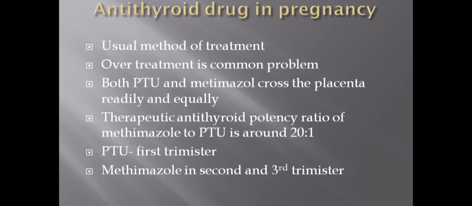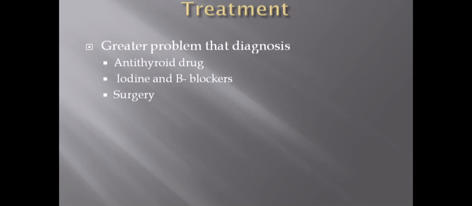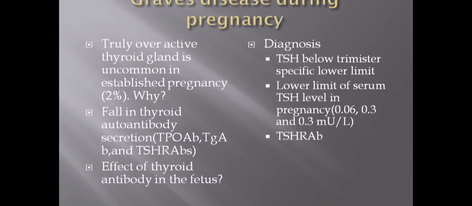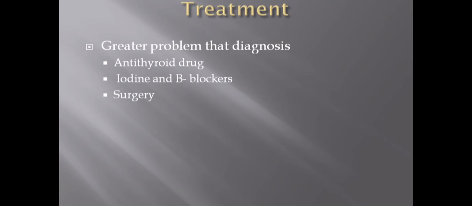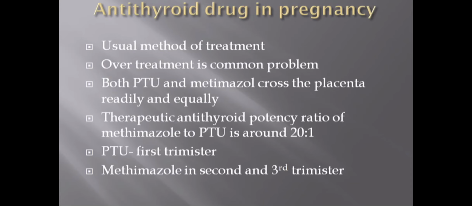But this preference has changed recently, because of the very low risk but fatal complication of PTU, liver failure. It is now recommended to use PTU in the first trimester, when organogenesis is not completed, and methimazole is preferred in the second and third trimesters. When it comes to antithyroid drug selection, methimazole should be used in the second